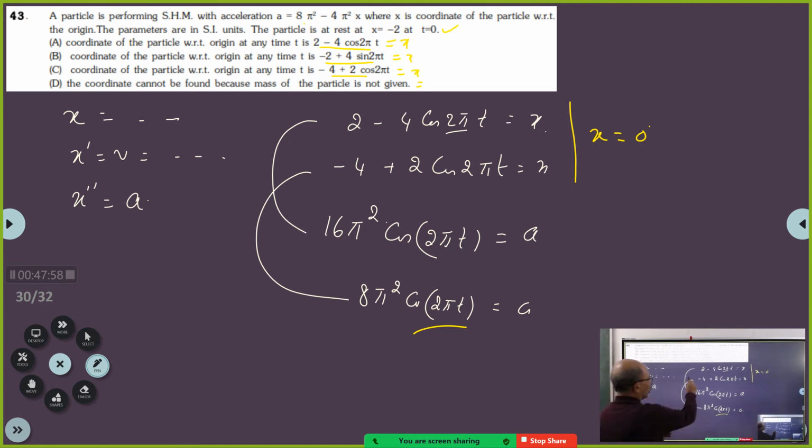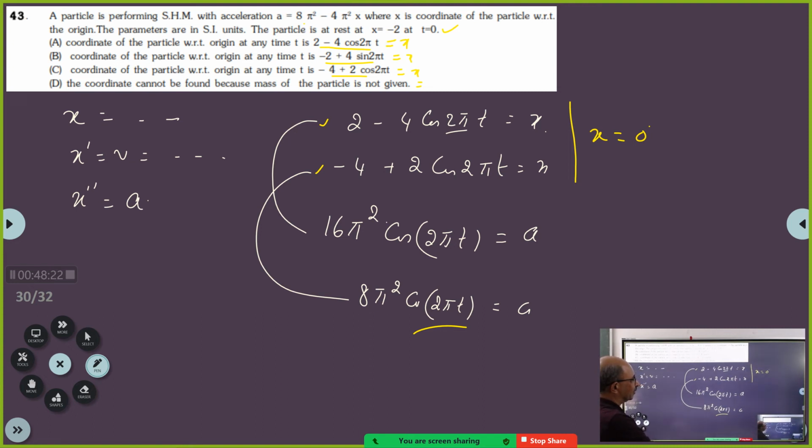So, one of these two should be true, correct? Now, I am hunting for the second situation. Both are cos functions. So, for which function will you get a is equal to 8 pi square for x is equal to 0? Both of them were